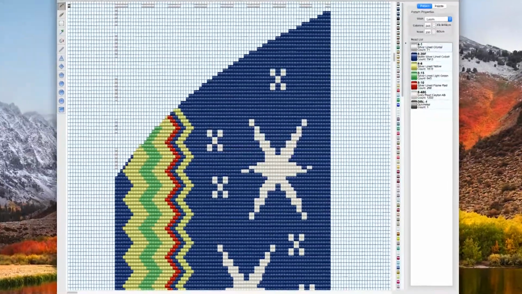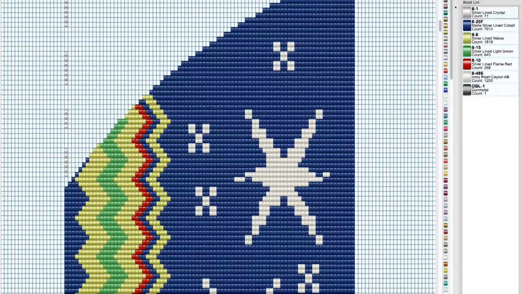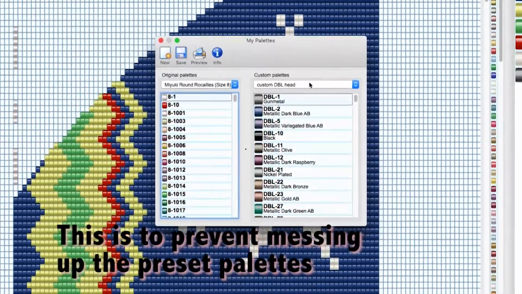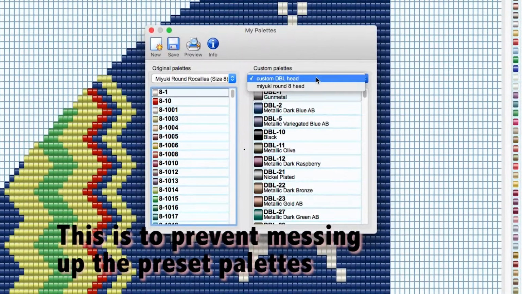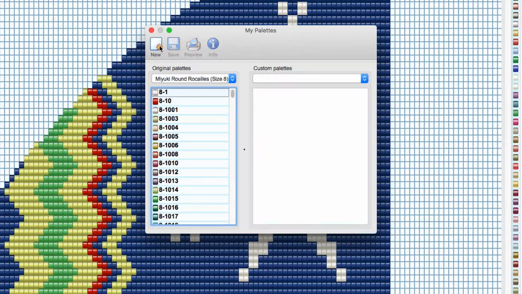So what you have to do to get it accurate is this. First of all, you need to create a duplicate, a new palette. Just copy over the beads, the type of beads, the palette, into a new custom palette and copy it entirely. And you can see how to do that in the learning that they have on the website.